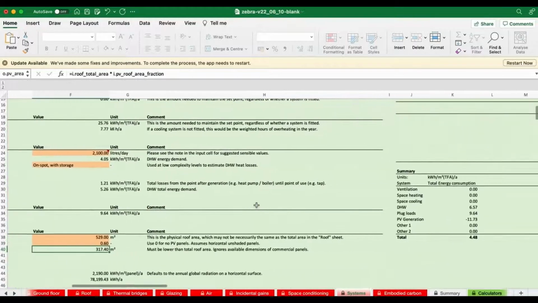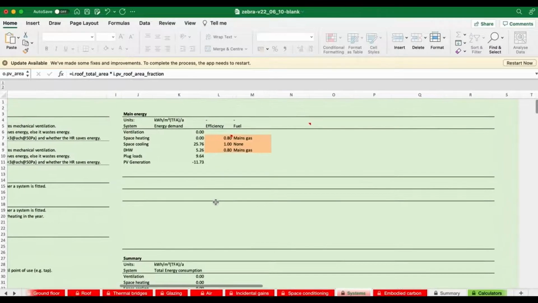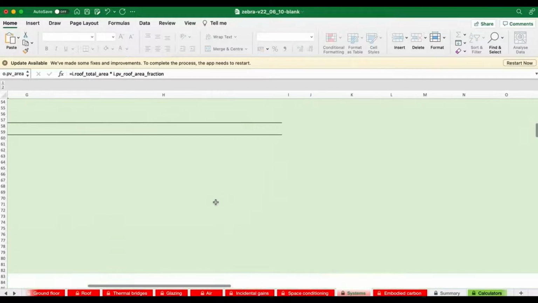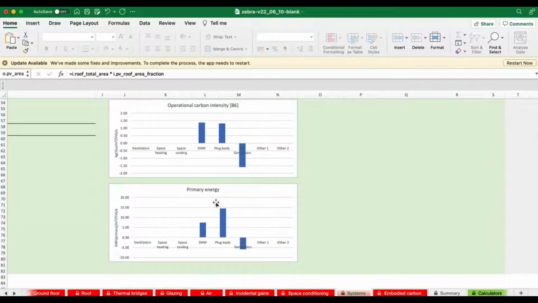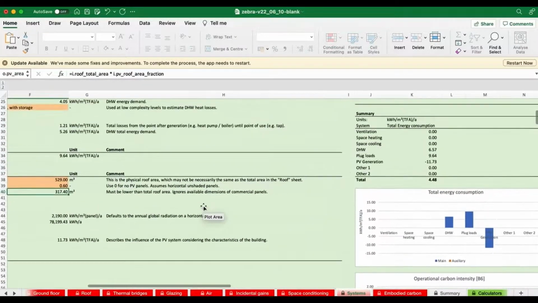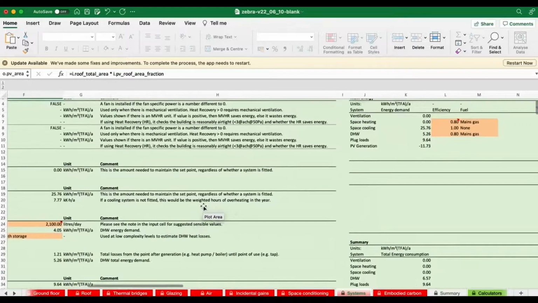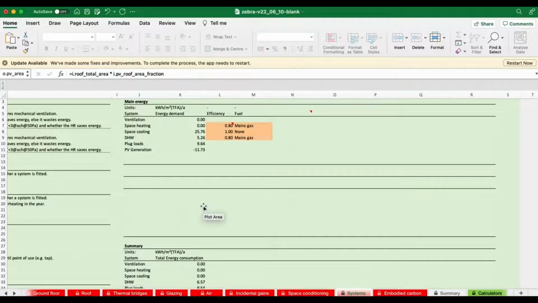We then go over to the right. And on your first use of Zebra, it's really important that you scroll around on each sheet looking for this green area. Now at complexity level 1, there may be large areas of blank green, and that's because there's either input data or results coming that you can only see at higher complexity levels. Okay, but you need to look around even in complexity level 1 to make sure there aren't any input cells or results that you've missed. And here we can see some input cells.